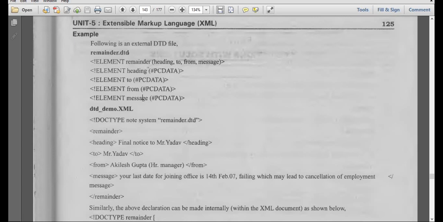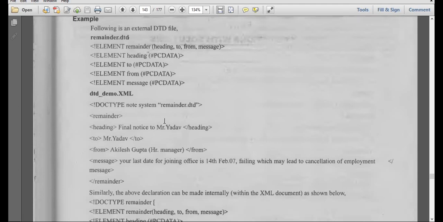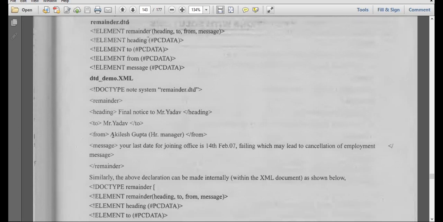So first the document note system reminder.dtd. What is the reminder? Final notice. To Mr. Yadav, from A. Akhilesh Gupta, from tag closed. Message: your last date for joining office is 14th Feb 07, failing which may lead to cancellation of employment. Message closed. This will be the complete reminder.